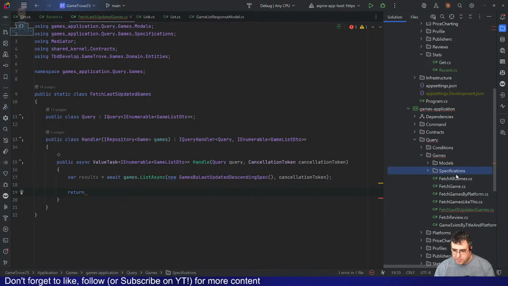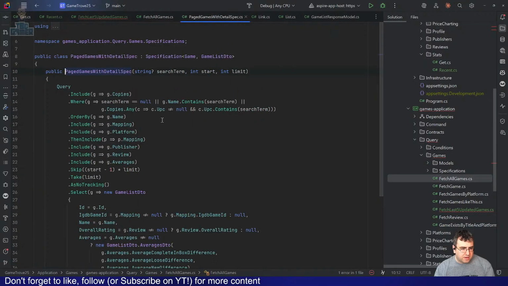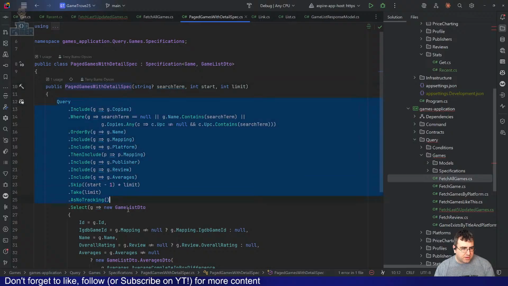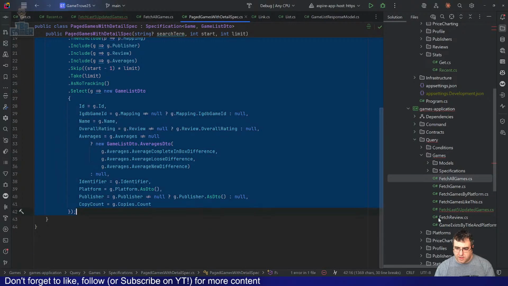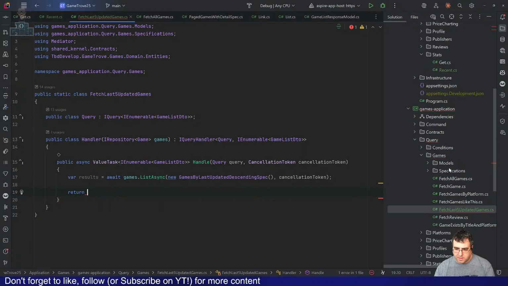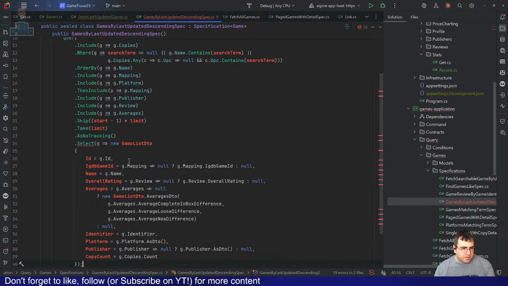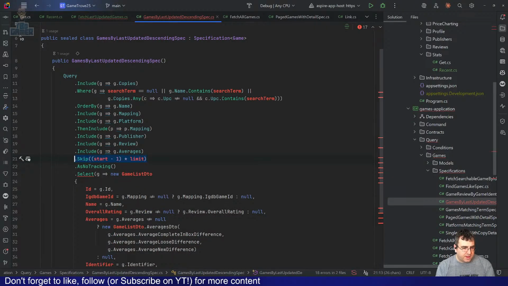We're going to need that query though. The only difference is the order by. Specifications, games by last updated descending, order by. So that's going to remove the take. I'm going to do the order by descending, g goes to g dot updated date.